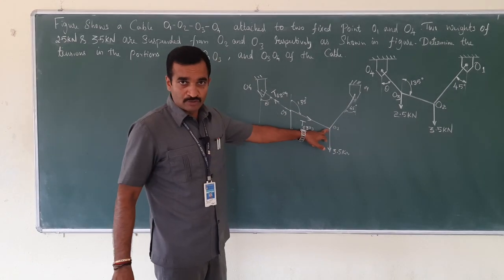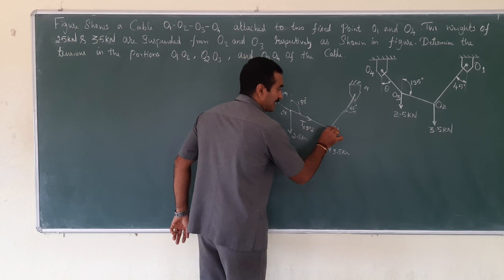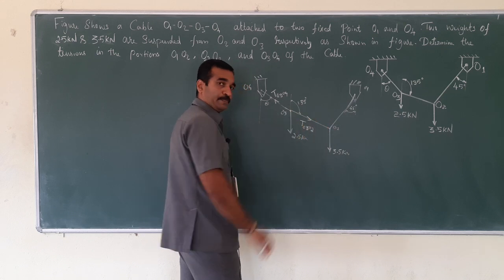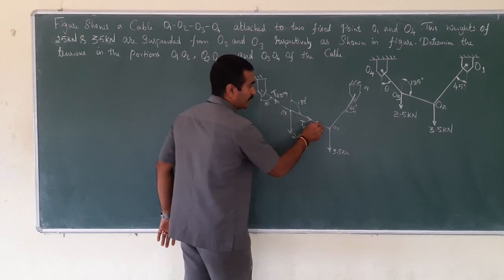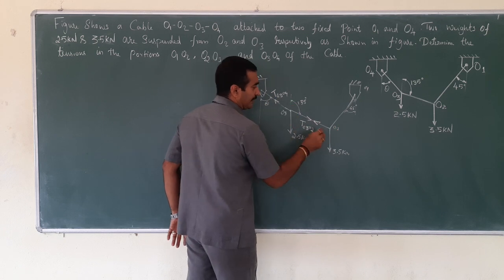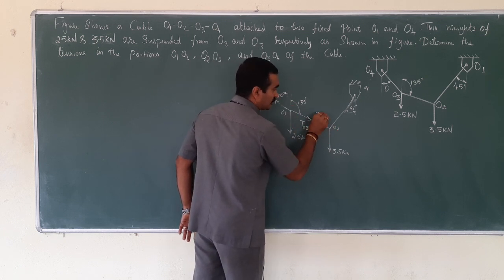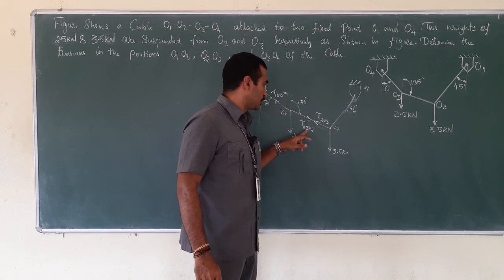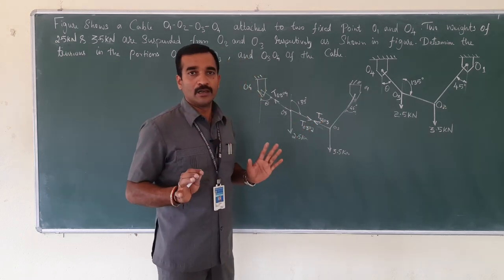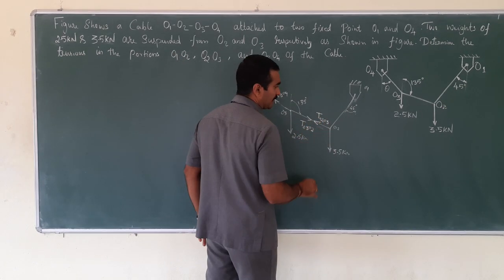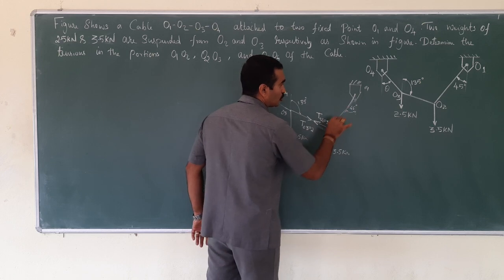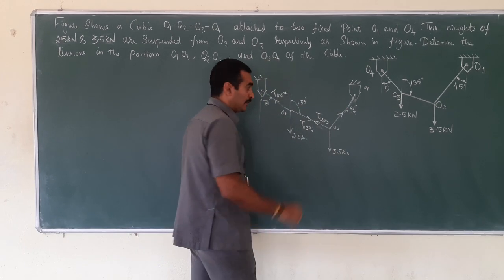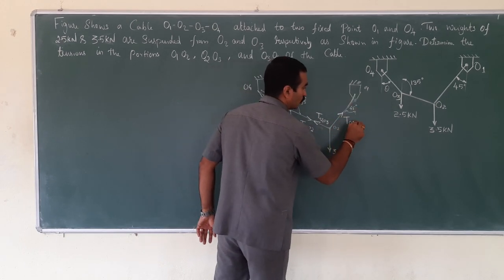And next, when you consider this point, in this cable there will be a tension and this will act away from the point, that is outwards. This can be written as from O2 to O3, so T O2 O3. Both these values, T O3 O2 and T O2 O3, are equal. And when you consider this point O2 to O1, it is tied with the cable, so there will be a tension force which will act from O2 to O1. So T O2 O1.